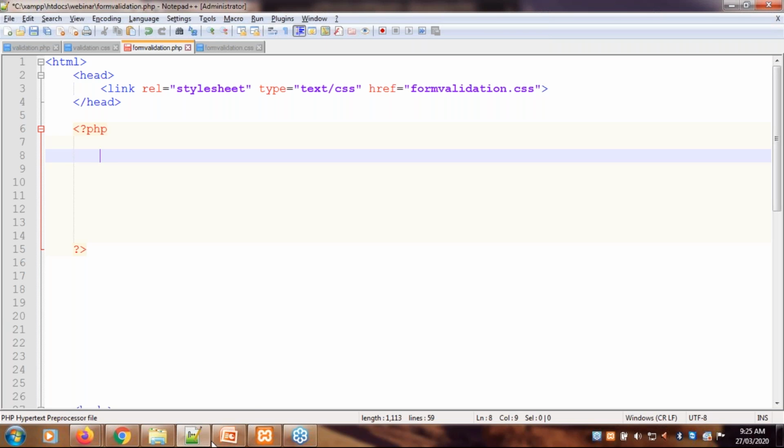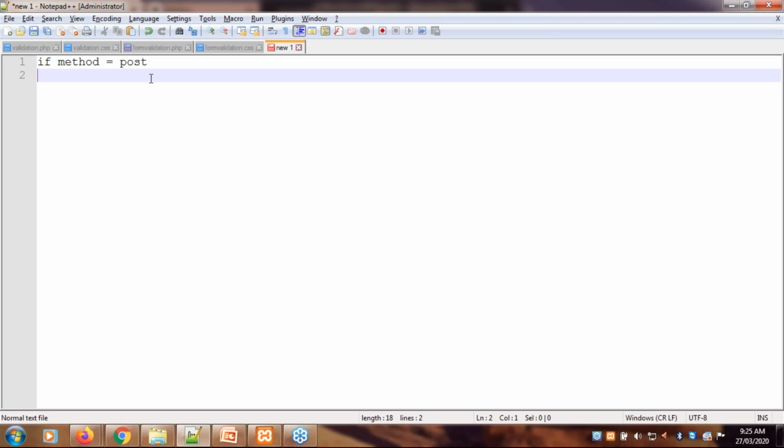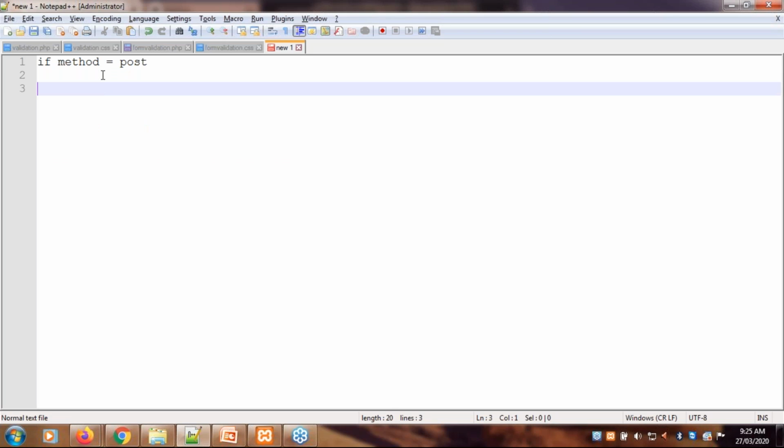Now, first we have to check if we are sending our data using the post method, right? Using the post method only we can validate our data. If we are using the get method, then it will not validate our form, right? So first you have to check whether the input method is post or not. Then next you have to check.